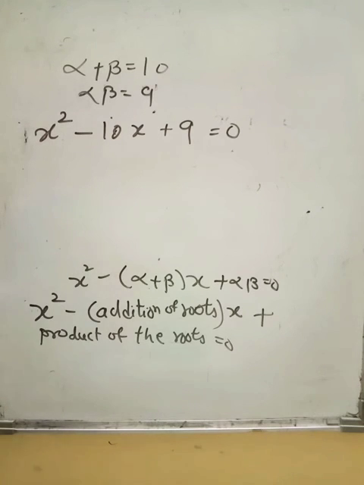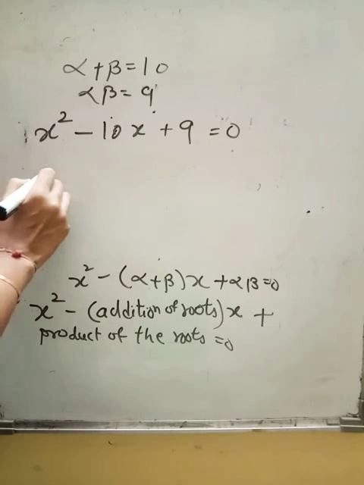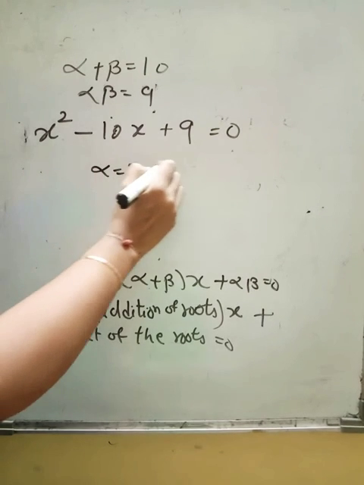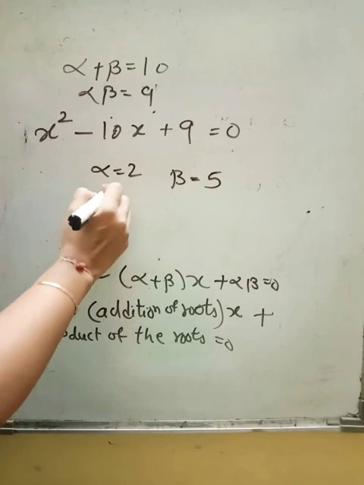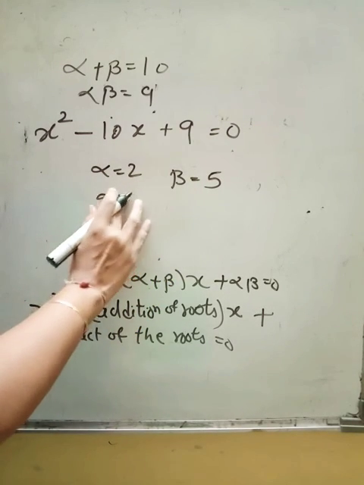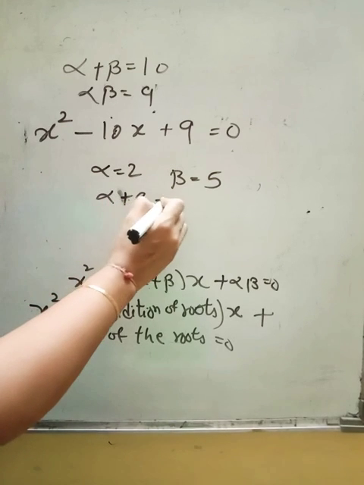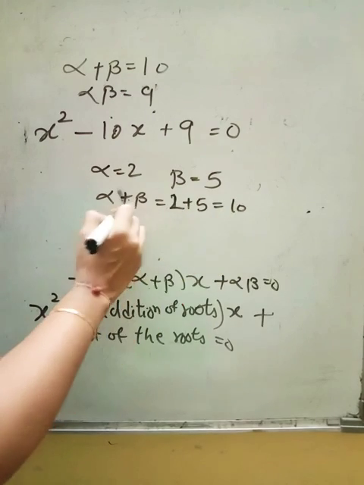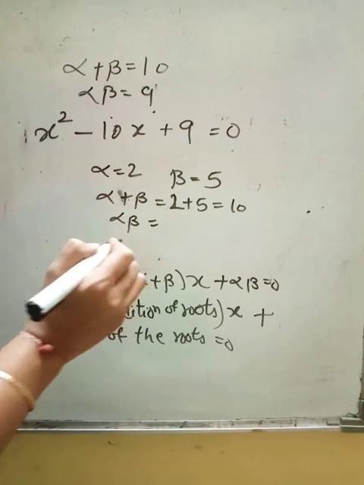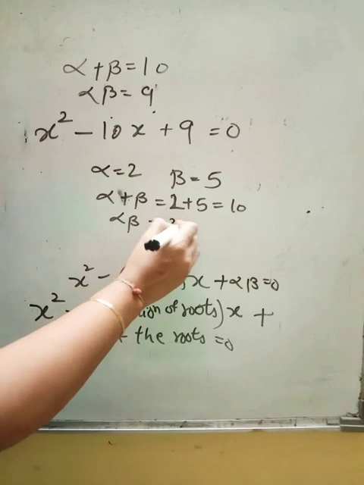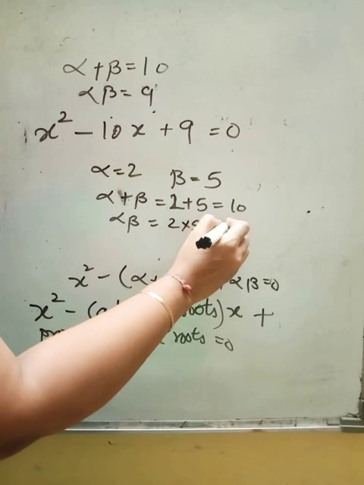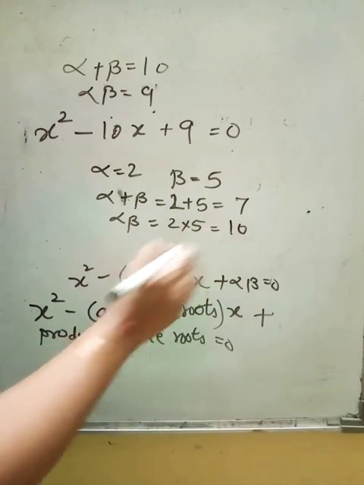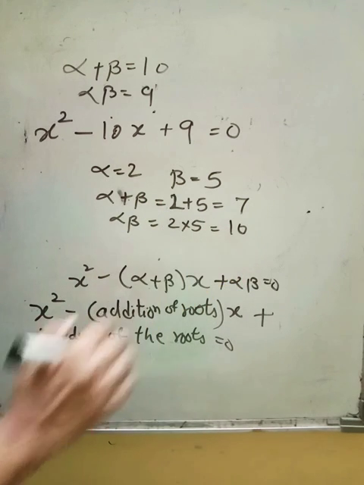All right. And the second one. Mute your mic. What will be the quadratic equation if alpha is 2 and beta is 5? So alpha plus beta is 2 plus 5, which is, sorry, 7, and alpha beta is 2 into 5, which is 10. So the sum is 7 and the product is 10.